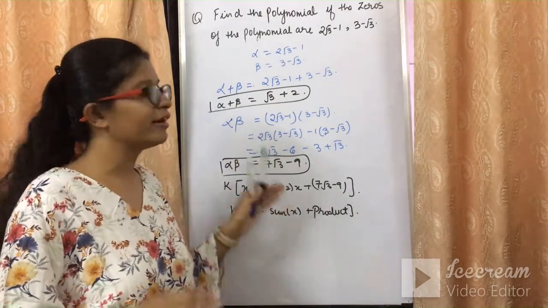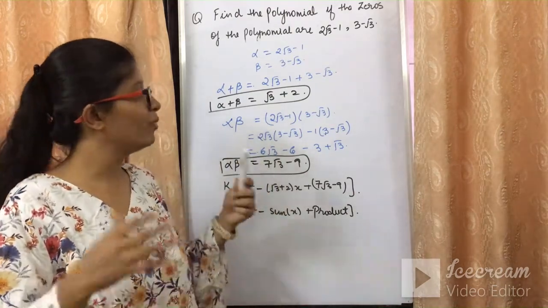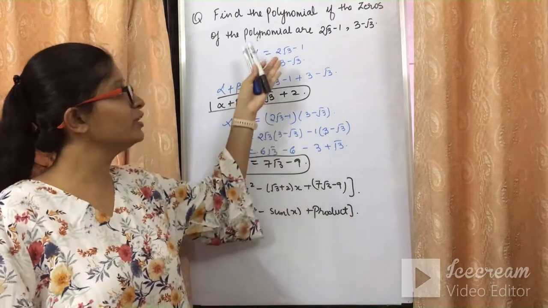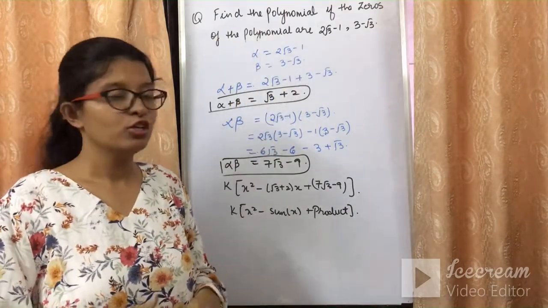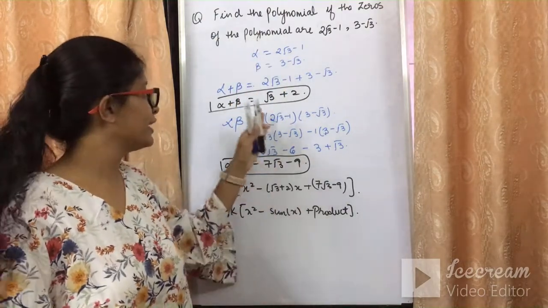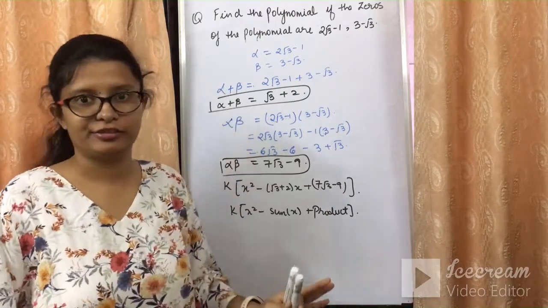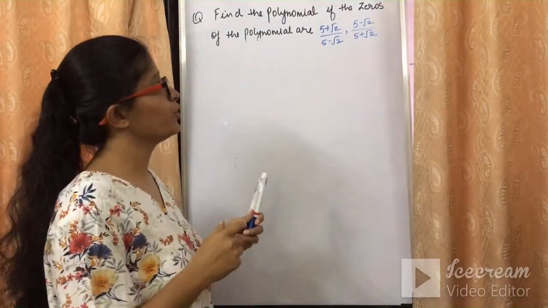So these sums are really very simple and may be asked for 2 marks, even for 3 marks. The complicated one, the root one, is what we did last. So it is very simple. Just need to take out the sum and the product. That's it. So here is a question for you all.